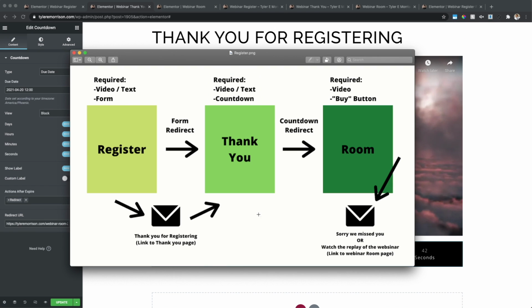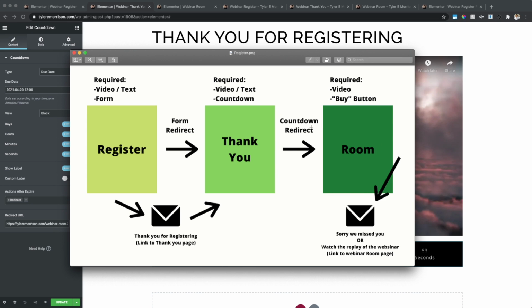It's very straightforward, very simple. We just need some piece of content and then our countdown timer, which is set up to redirect when it reaches 0. And you can see right here, that is going to be our move to the next page, the webinar room. And guys, if you remember when we actually sent out this first email, we were sending them a link to this page. What happens is if your visitor joins the page after the timer has reached 0, they will come directly to this page, and then immediately using that countdown redirect, immediately be redirected over to the webinar room,